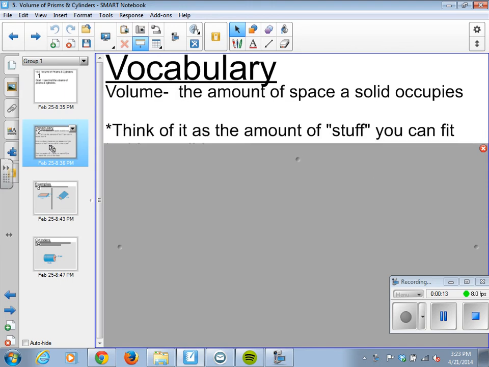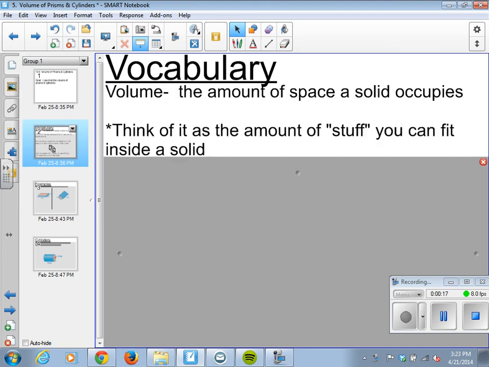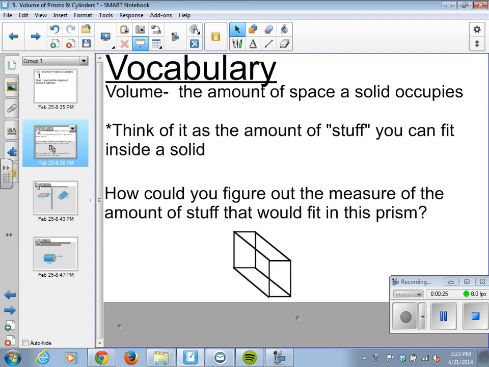Vocabulary. The volume is the amount of space a solid occupies. I think of it as the amount of stuff you can fit inside a solid. How much stuff will the solid hold? So for example, how can we figure out the measure of the amount of stuff that would fit in this